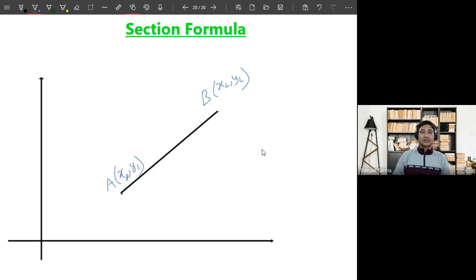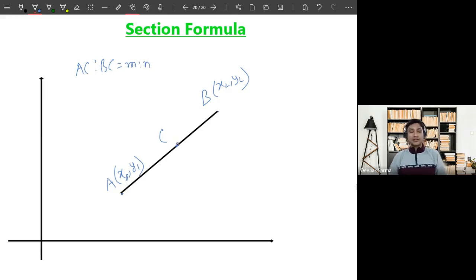Now, it is not always important that you have to find exactly the middle point. Sometimes another point. Suppose you are going to travel 700 kilometers. Out of that, after 200 kilometers, you will stop. Then the ratio is 2 is to 5. You have 200 kilometers on one side, and on the other side you will have another 500 kilometers. So, in general, suppose I consider a point somewhere here, maybe point C. Now, what we know is this particular ratio, that is AC is to BC, suppose M is to N, M by N. Now, we have to find the coordinate of C.